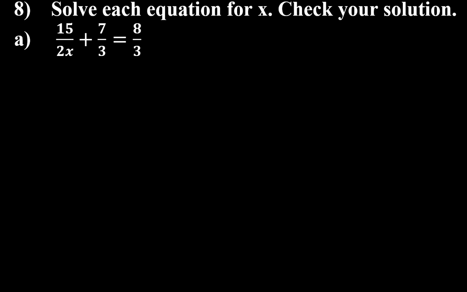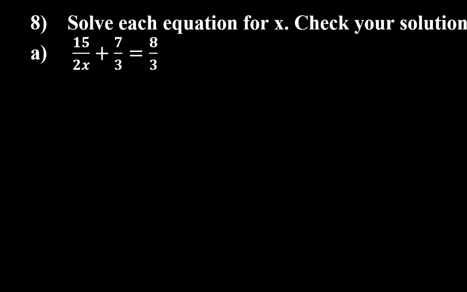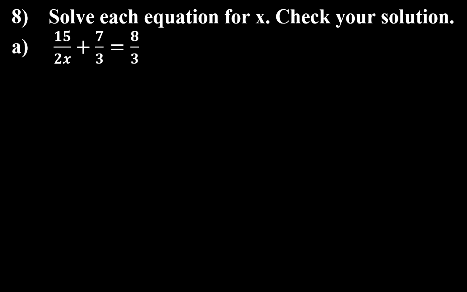Question 8 says solve each equation, and there are two of them. There's a part A and a part B down below for x, and to include a check for your solution. So in the first equation, I can see that I've got fractions, and my preferred method for proceeding is to